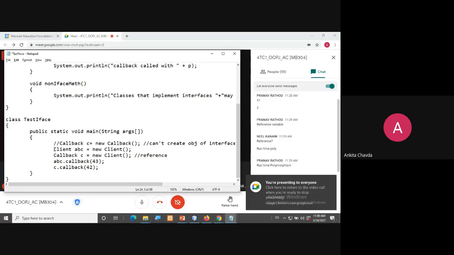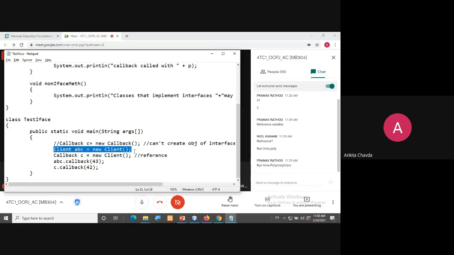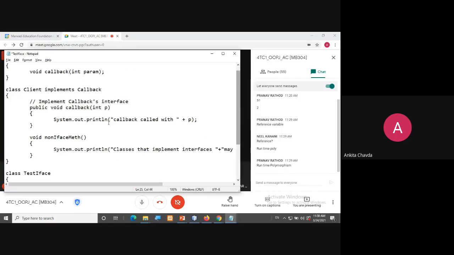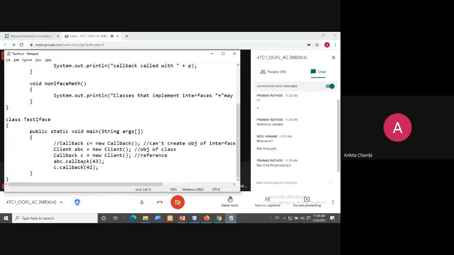So right now what I'm doing is client ABC equals new client. So here I'm creating an object of a class, right? And my class name is client. So I'm creating an object of this client class, and here my reference is the reference of the callback interface.